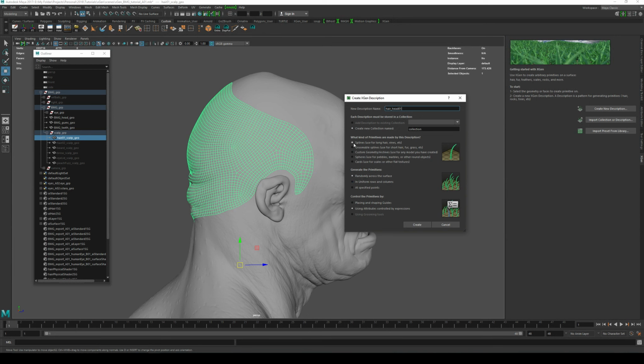Then all this we want to control using splines. It's the easiest way I've found. Groomables, it's a bit tricky to get a solid look. I feel like you have less control over it. We want them randomly across the surface, and we want to place and shape the guides. So we don't want to use attributes and expressions. We want to place and shape the guides. I find it gives you the most control, without having to write expressions and things like that. So this is all good to go. I'm going to hit create,